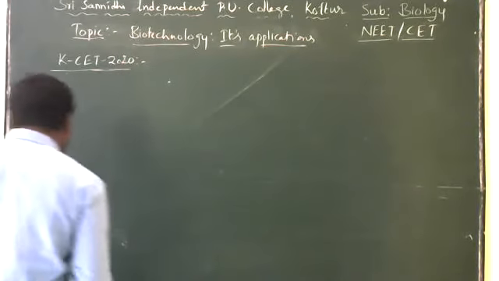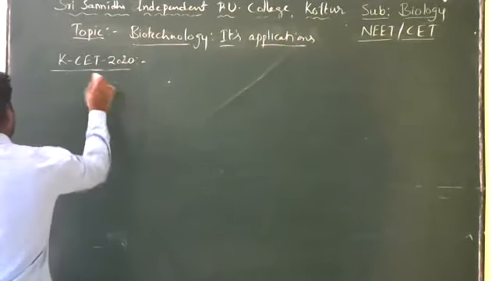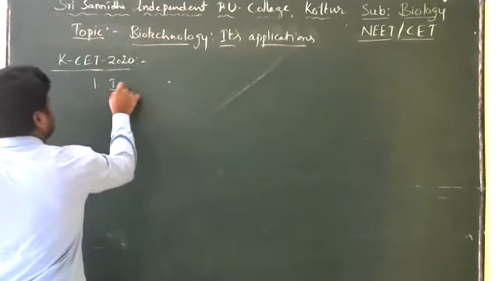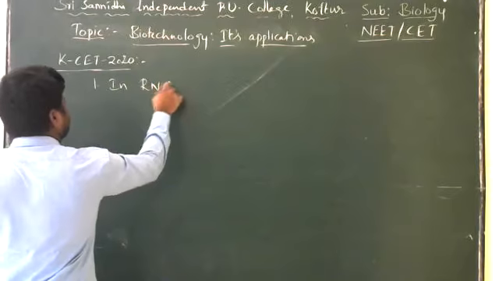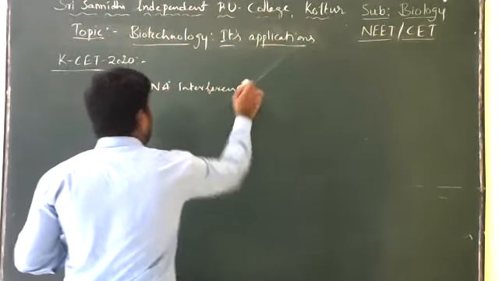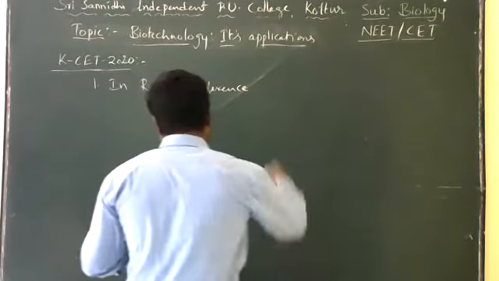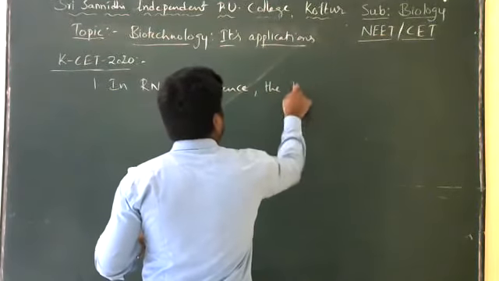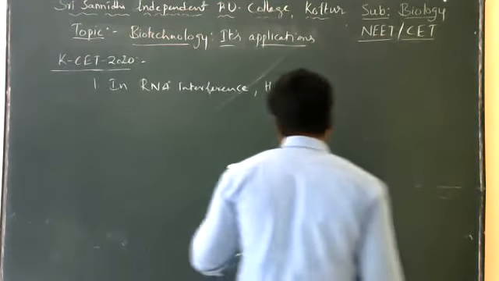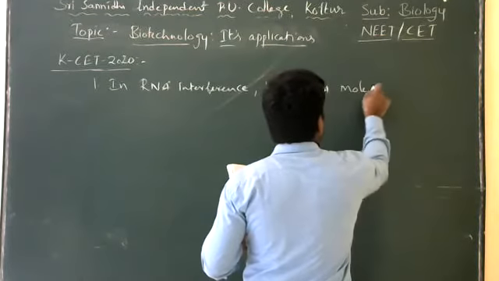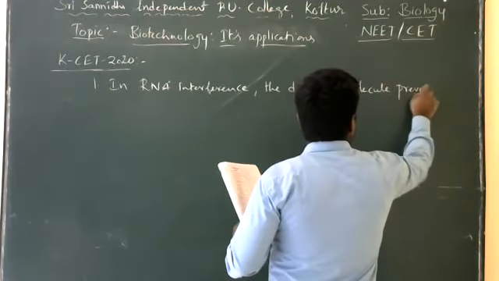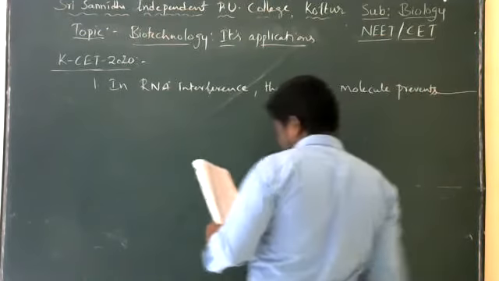If you see that 2020 question, first one: in RNA interference, the double stranded RNA molecule prevents